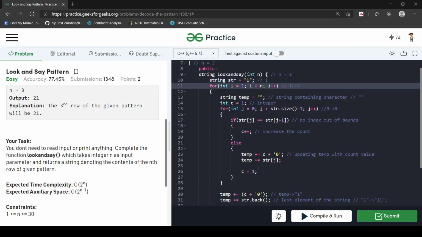Right, now coming back up again for the second loop. So we completed the first loop, now the second loop is there. Now the temporary string is 0. Now we have changed our string from 1 to double 1, right? Now its size is 2, so it is not looping from 0 to 0. Now it is looping from 0 to 2, right? Initially, the integer count is 1.